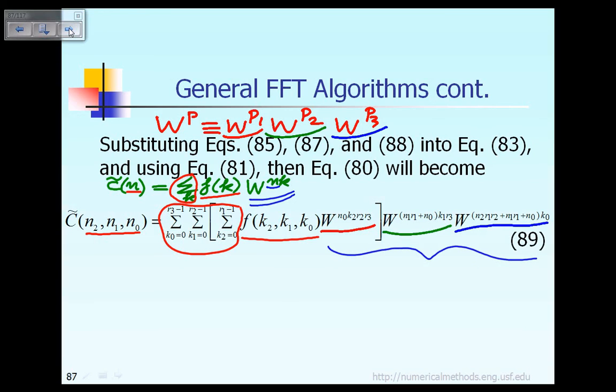So this is what you have for equation 89, okay, where W raised to the power nk, based on the informal development of fast Fourier transform, that term is shown in here in the blue color. So the computational procedure basically goes like this. First,